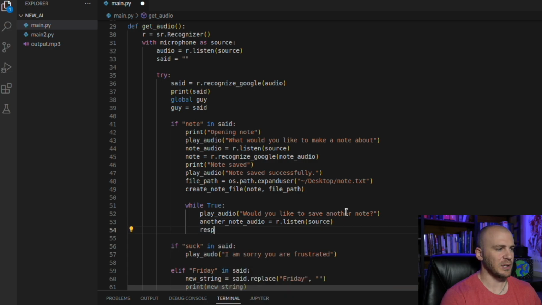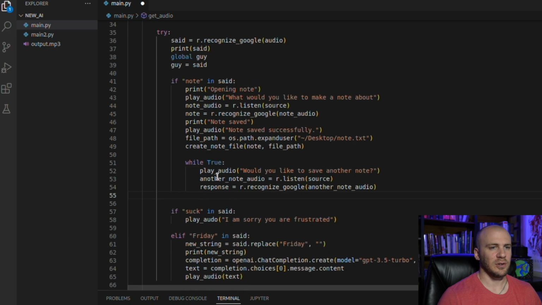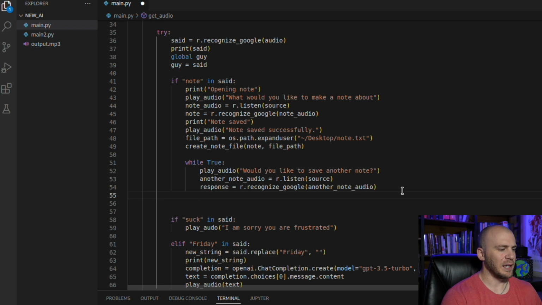So we're going to save response equals, and we're going to use this right here, r.recognize. So we can copy paste, remembering copy and paste sometimes can be really bad because sometimes you end up copying pasting multiple bugs and you end up just putting them all over in your code. And so we want to now add another note, which is actually the function we just deleted. So we'll just type in another note. And so we have our another note right here. That's where I get that from.